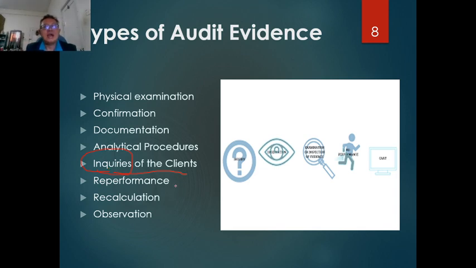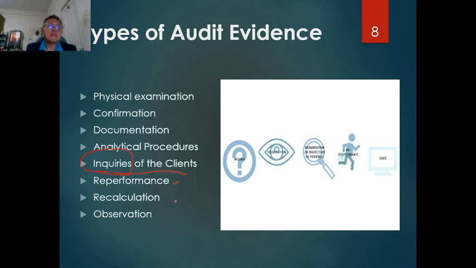And sometimes you have to do reperformance, what we call a walkthrough test. You go, you place dummy documents and everything, and you check whether they comply or not, as in a test of control. So this particular result from reperformance can be used as audit evidence. Sometimes we do some recalculation, we recalculate again